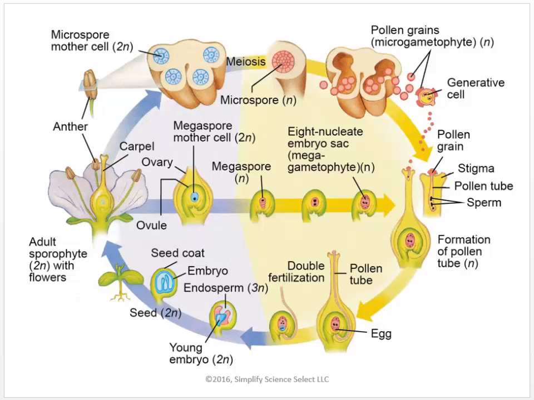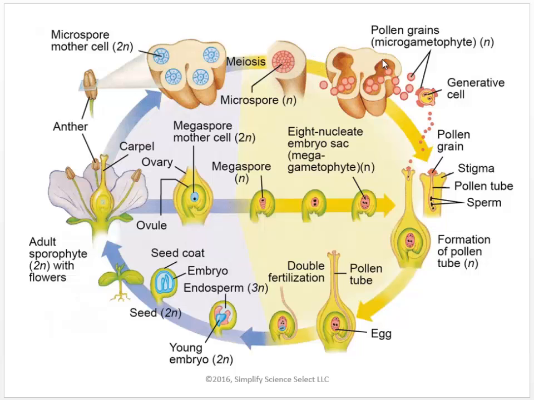In this diagram, we have some of it colored in yellow and some in blue. The yellow parts are where we see the haploid, a single set of genetic material, and the blue parts are where we have the full diploid, the double set of genetic material. You see my anther starts with the mother cells here, and then they go through meiosis, and we end up